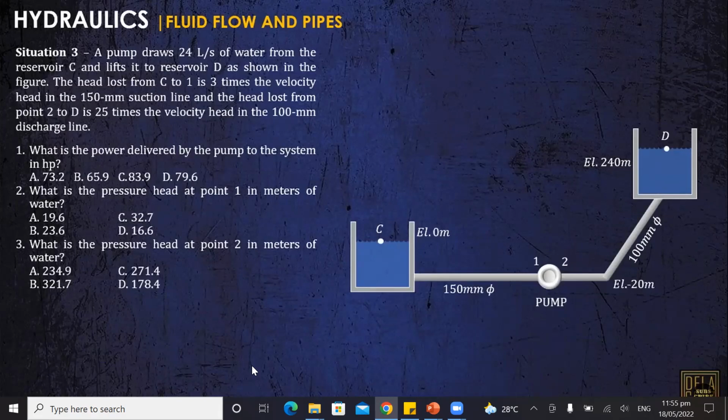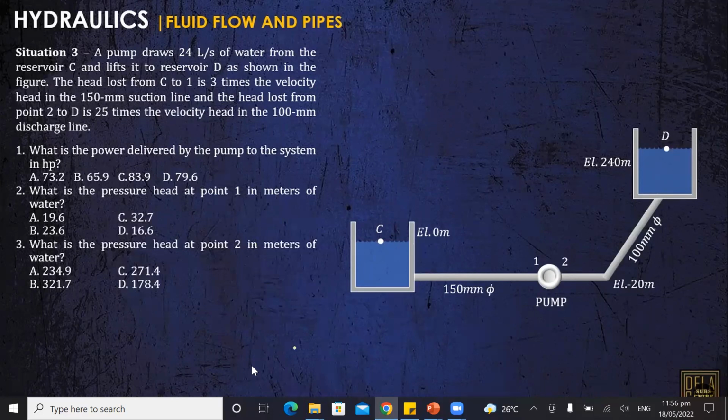The head loss from C to 1 is 3 times the velocity head in the 150 mm suction line, and the head loss from point 2 to D is 25 times the velocity head in the 100 mm discharge line. So, question here is the power delivered by the pump to the system. What is the pressure head at point 1 in meters of water? Pressure head at point 2,